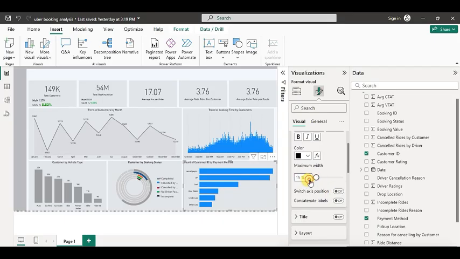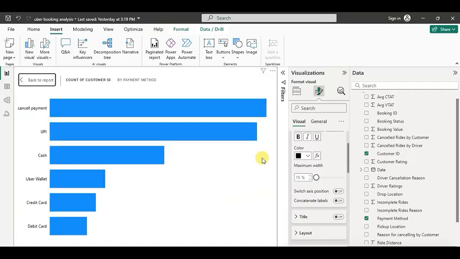Click here and customer ID. Which payment method do my customers prefer to use? Which payment method is more preferred by customers? You can see here, turn off background, turn off background, and turn